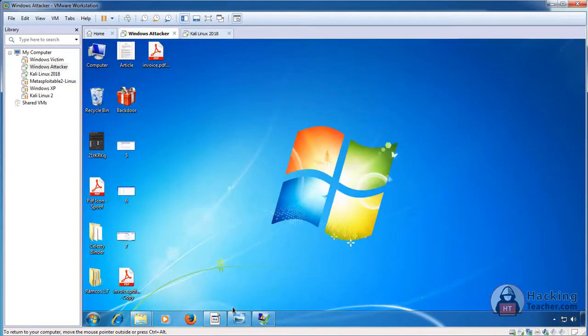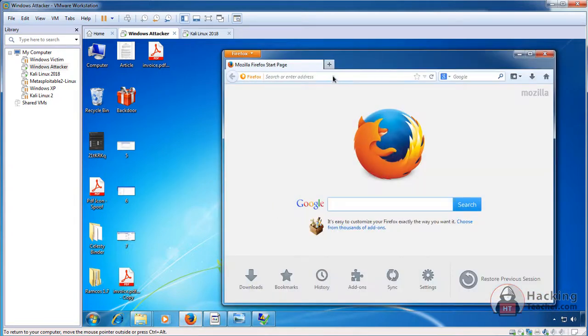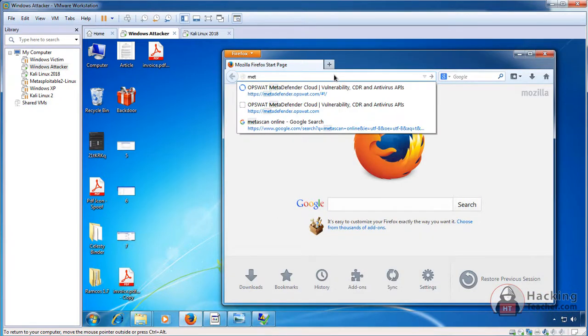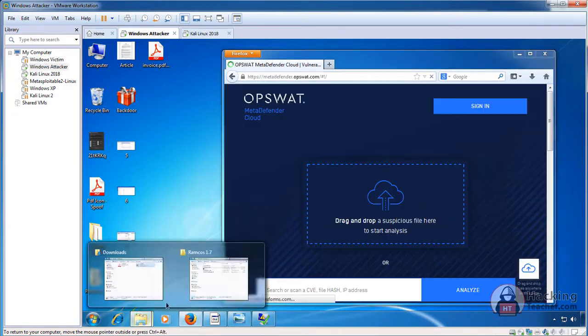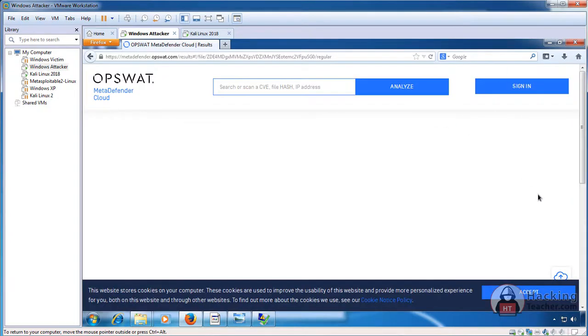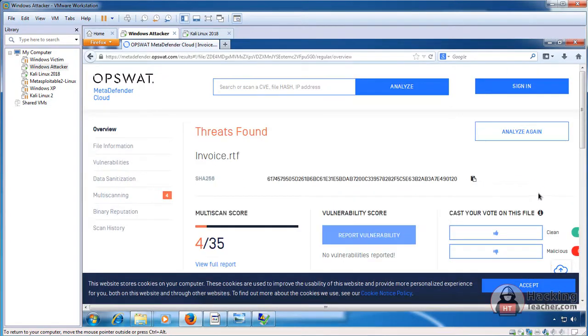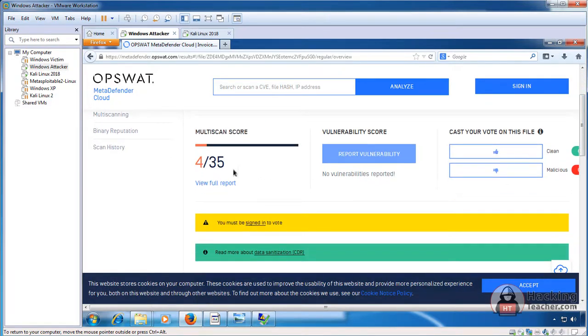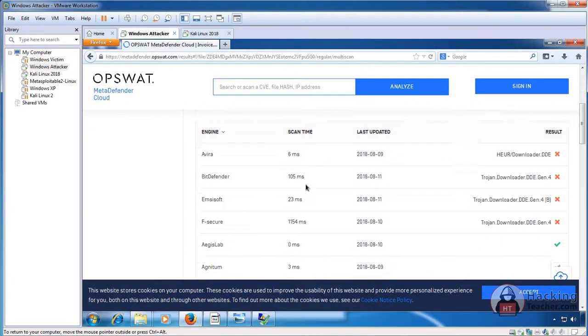But let's scan it and check its detection ratio, how many antiviruses detect it. Last time I scanned it, it was just 4 out of 35, and it's still 4 out of 35 today. Only 4 antiviruses are catching it. So it's really a good semi-silent exploit. It could still work to catch so many victims which you cannot even imagine. If it were 0 and could work on the very latest version as well, that would cost thousands of dollars, but that would be mind-blowing and the best.